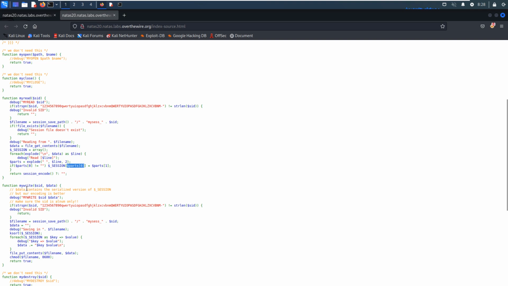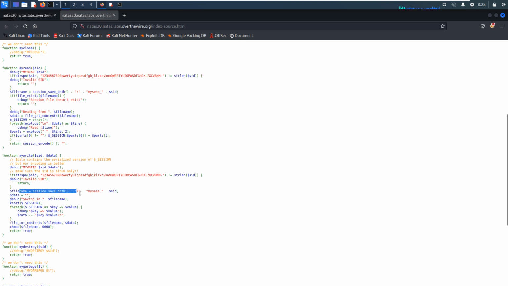And for the next function, before we try to read the data, we need to write. So some debugging, we do not need to take into consideration this part, and we'll save this file, and the file path is like this one.